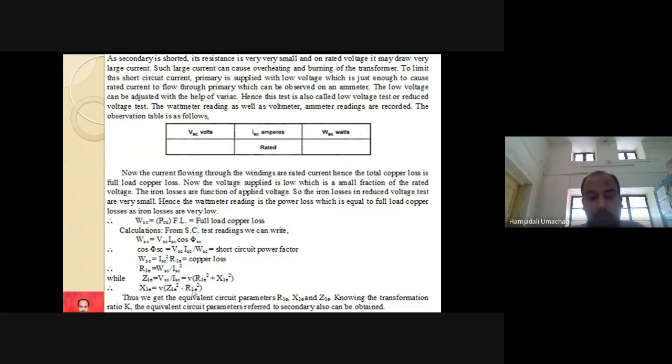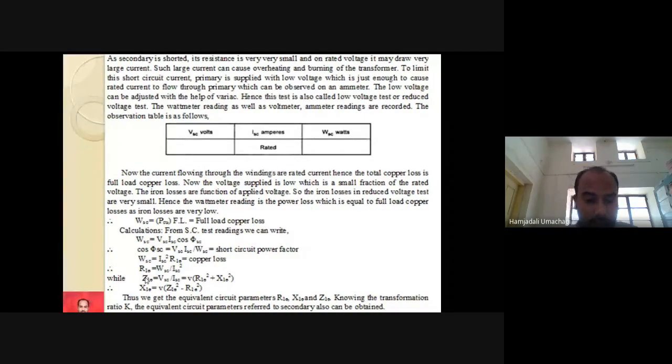Okay, from the open circuit test, you are getting iron loss information and equivalent circuit parameters like R0, X0, I0, IM, IC. In the open circuit test, the secondary side should be kept open, that winding should be high voltage, and we need to apply rated voltage. Whereas in the short circuit test, the secondary should be shorted using thick copper wire, that winding should be low voltage winding, and rated current should be applied. Whatever VSC, ISC, WSC parameters you get, using these values you should estimate R1E, Z1E, and X1E of the equivalent circuit parameters.